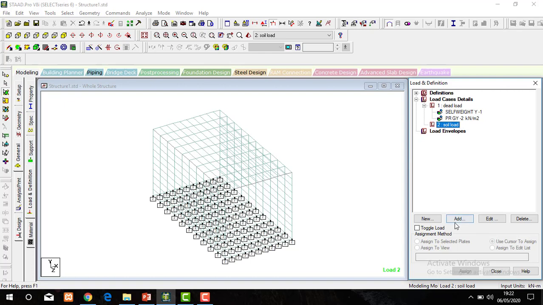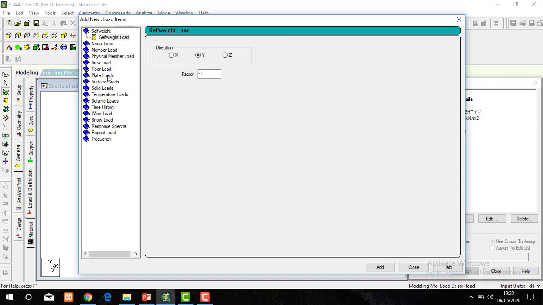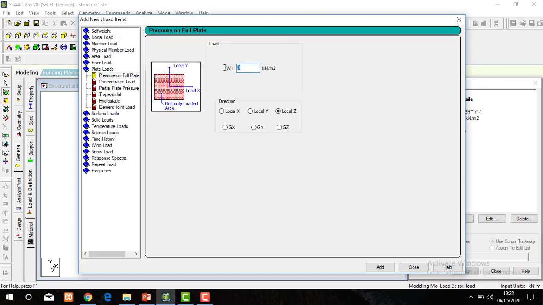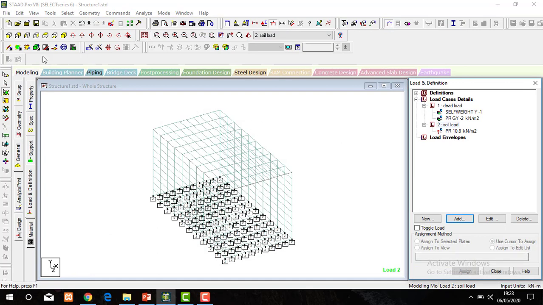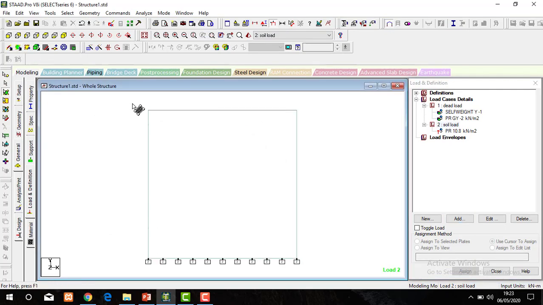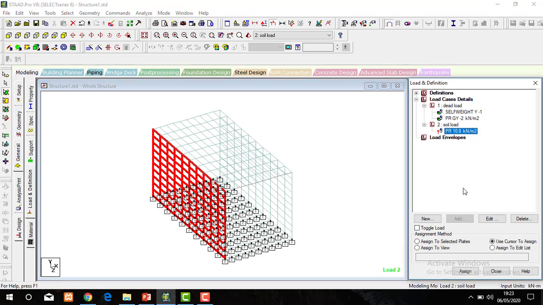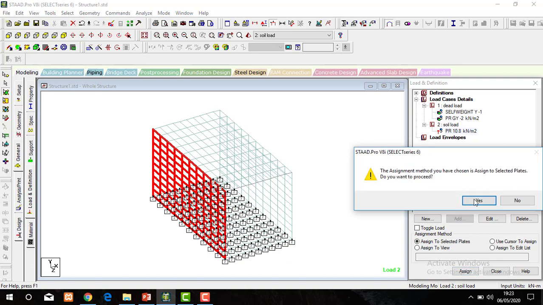We are going to soil load, add plate load. This load is 10.8 kilonewton per meter square along the local z axis. Add, close. For the left side, select the plates on the left side and assign the selected load.